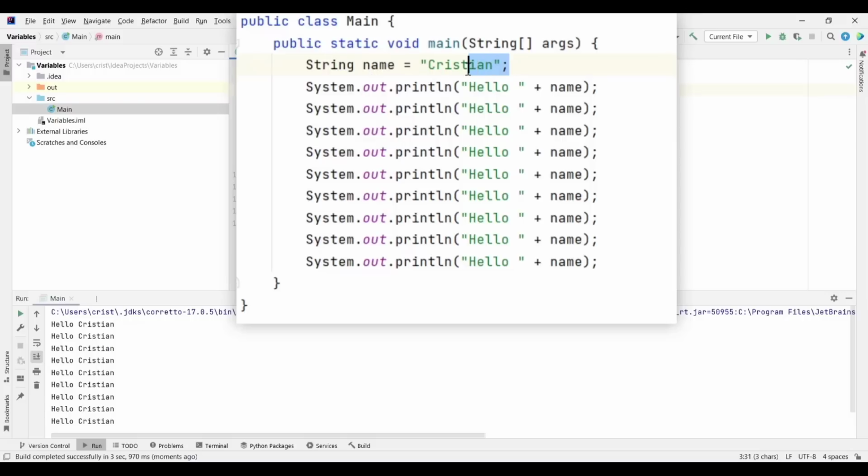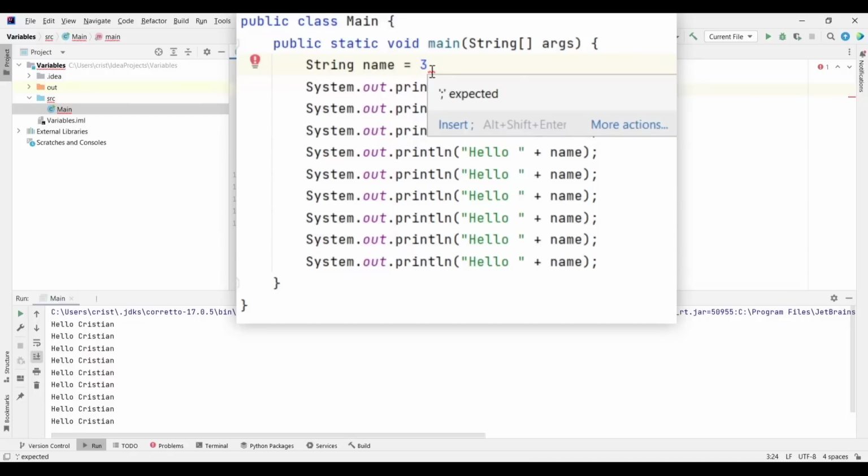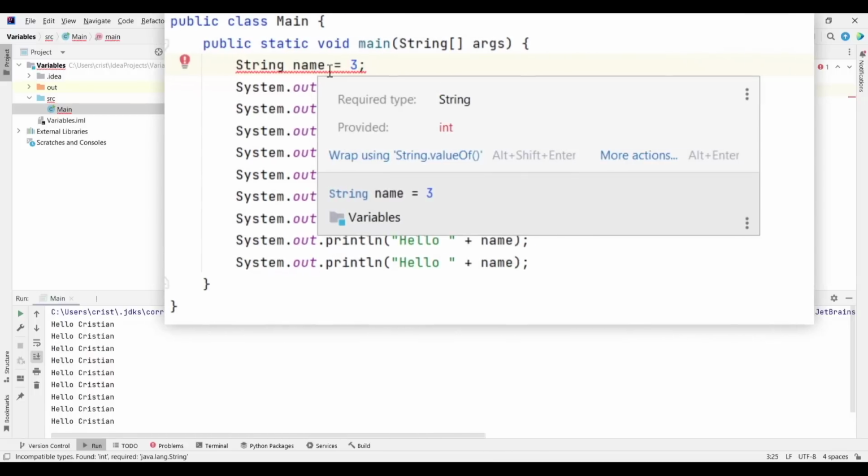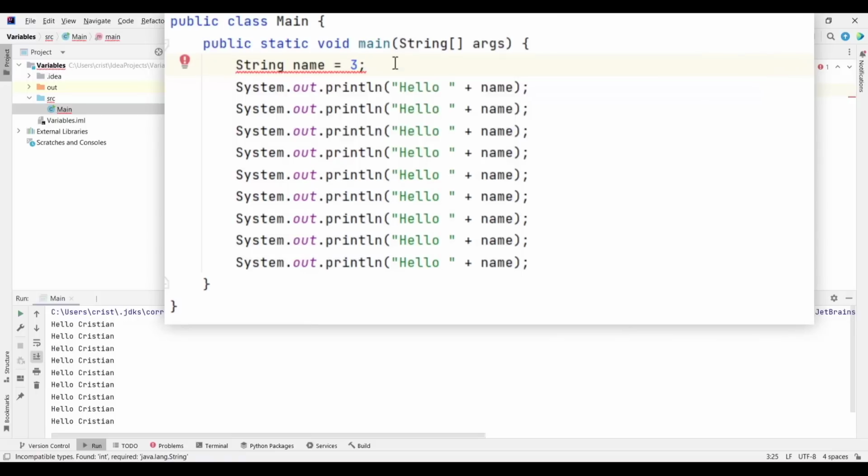So if I try to put a number here, let's delete the quotation marks and put 3, I can't. Even if I put a semicolon, it's underlined in red, and it's saying required type String, meaning text, and you provided int, which is a number.